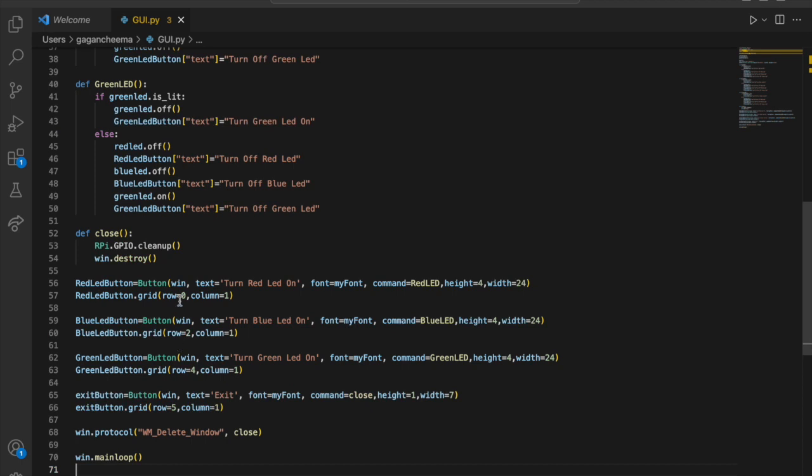Now move to line number 52. In this line, this defines a function named close, which will be called when the exit button is pressed. It cleans up the GPIO pins and destroys the GUI window. In line number 56, in this line,